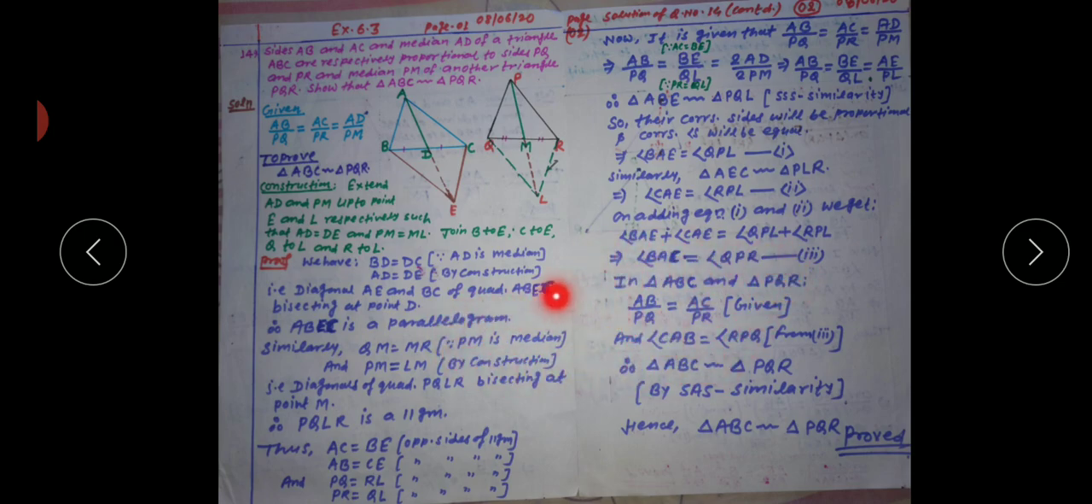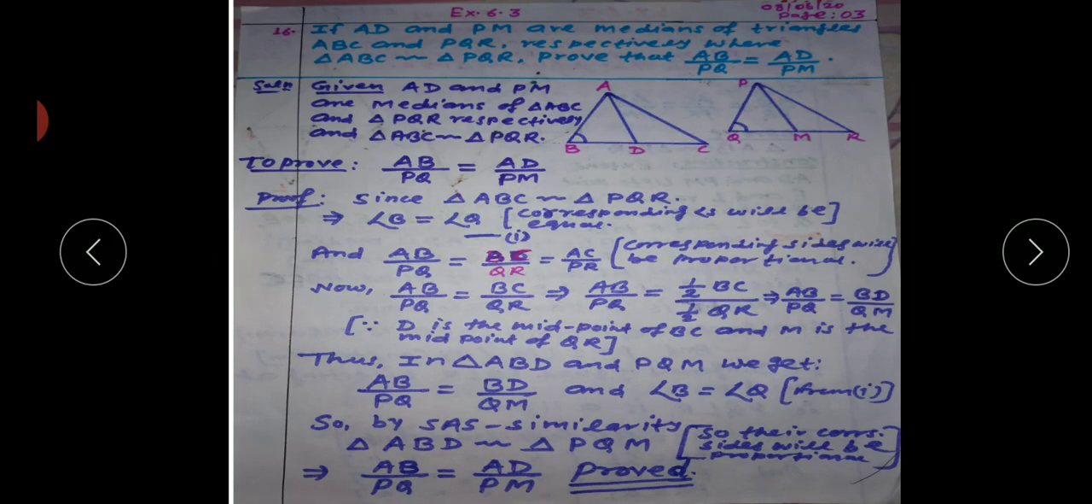Okay, so we have taken only 2 questions for today. Now we will see the last question of this exercise, that is question number 16. Question number 12 is also based on this question number 16. In this question it is given that AD and PM are medians of triangles ABC and PQR, as you can see in the figure, this is triangle ABC and this is triangle PQR. AD is one of the medians of triangle ABC and PM is one of the medians of triangle PQR